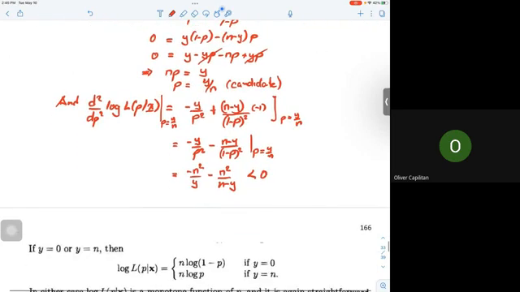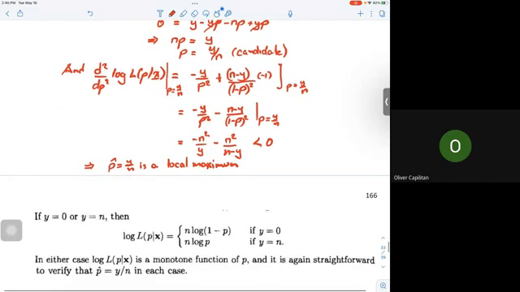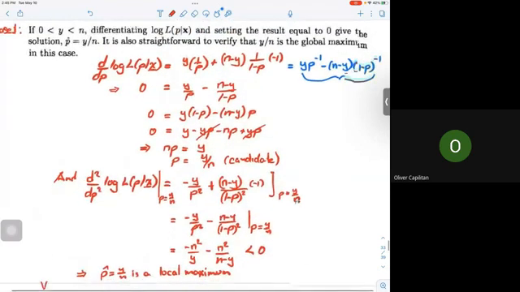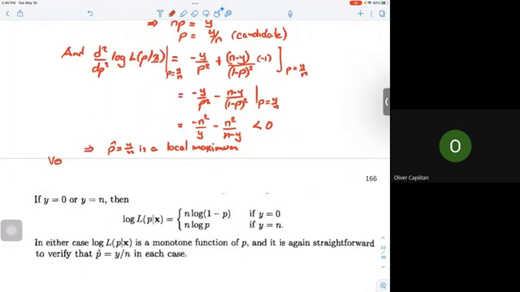So by the second derivative test, this implies that p hat, or y over n, is a local, lang muna siya, it's a local maximum. So if we're going to verify it's a global maximum, kulang pa yan kasi kulang yung sa space natin. So to verify that y over n is a global maximum,